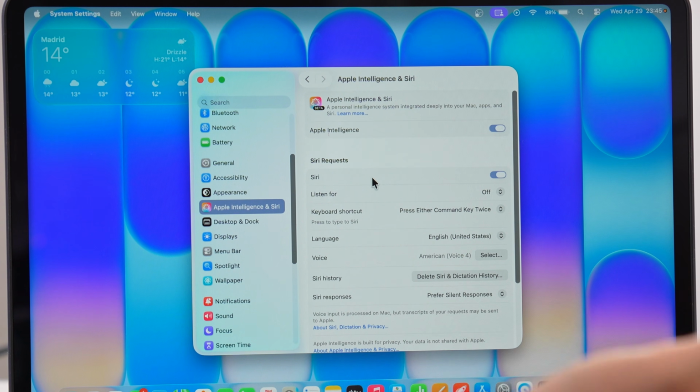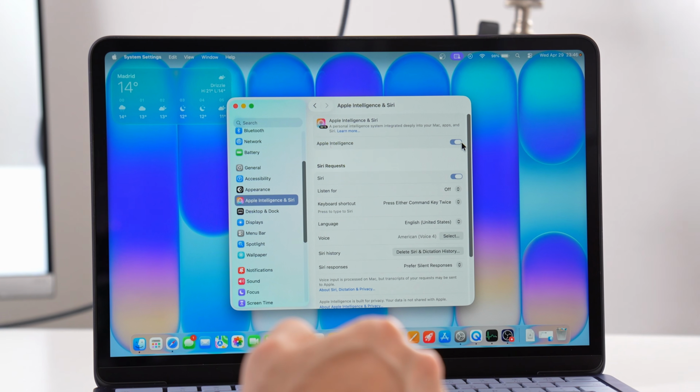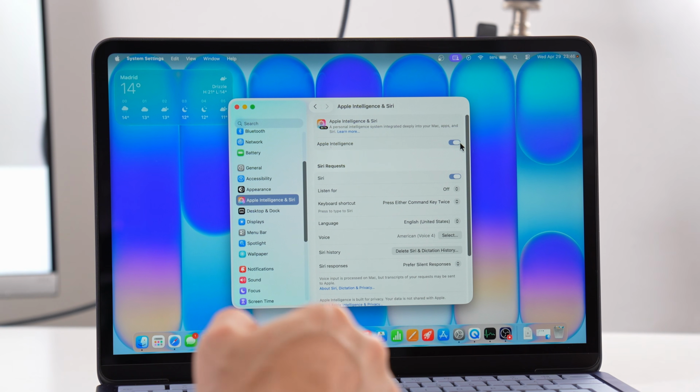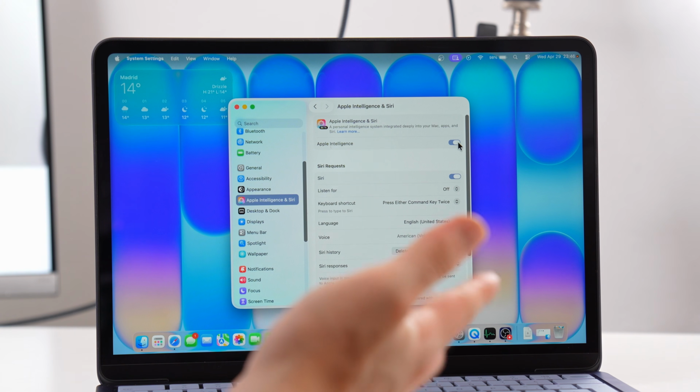Now, that being said, and now that we're here on the Apple Intelligence section, I suggest you turn on Apple Intelligence. I think in most computers it comes turned off by default, but for some of the features I'm going to show you in this video, I think you need to turn it on. It's not really going to make that big of a difference, but unfortunately it is necessary to make the most